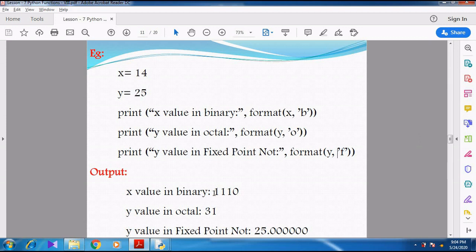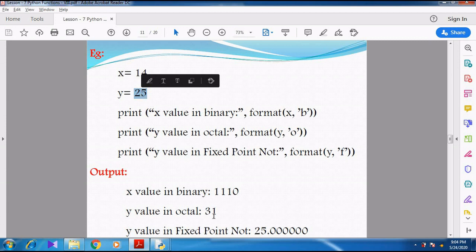See here, x value is displayed as 1110. So this is the equivalent value for 14. The equivalent binary number is 1110. So what is the equivalent octal number for 25? Just divide 25 by 8. So 3 8s are 24.